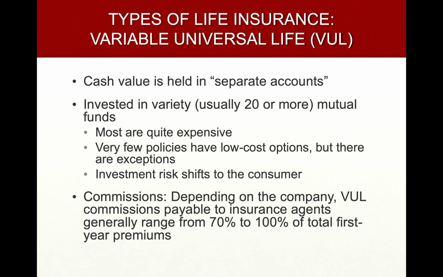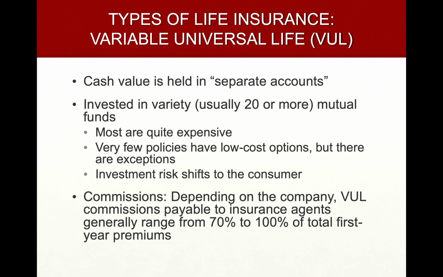So another type of insurance is called variable universal life insurance, where the cash value that you have is actually held in a brokerage account of some type. It's not your own brokerage account, it's held at the insurance company. These are called separate accounts. They actually look like mutual funds, and there's usually 20 or more different mutual funds you can get. Most of the mutual funds are proprietary. For example, if you sell Prudential Variable Universal Life, there's going to be something called the Jennison funds, which is basically Prudential mutual funds, and they're fairly expensive.